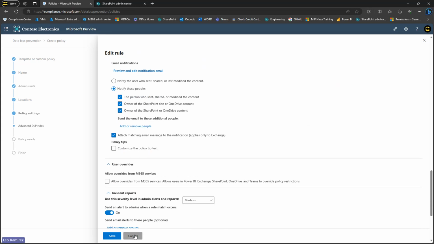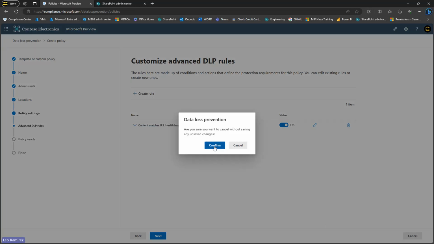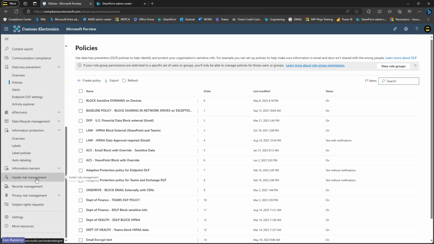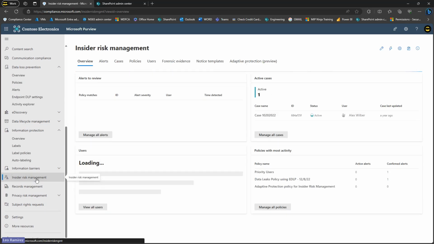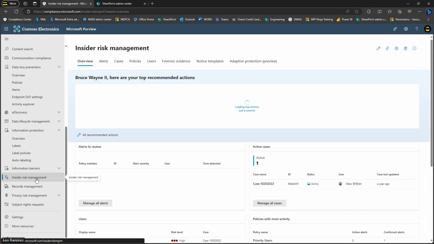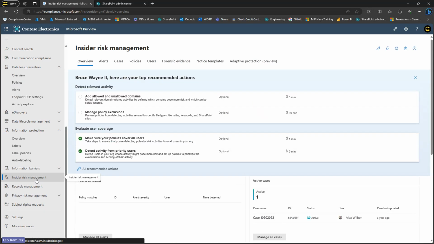But there's one other solution that we'd be remiss if we didn't mention, and it's top of mind for many organizations, and that's insider risk, internal threats. And the beauty of the insider risk management solution, as Richard showed on that last slide, if you remember the triangle, is that it uses Microsoft information protection. It uses signals from data loss prevention and other solutions. And it puts those signals together with AI, with machine learning, and it puts a storyline